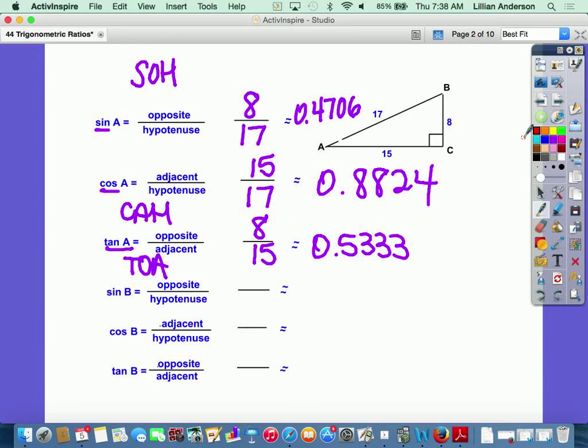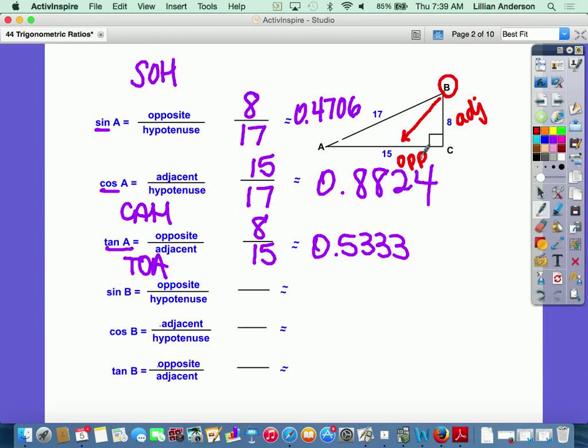Now it's asking you for the sine of B. So everything is in relationship to angle B. 8 is no longer my opposite side because if you look according to angle B, 8 is right next to angle B. 8 is my adjacent side. And then 15 would be my opposite side. 17 still stays my hypotenuse because it's across from my right angle, but basically my adjacent and my opposite sides